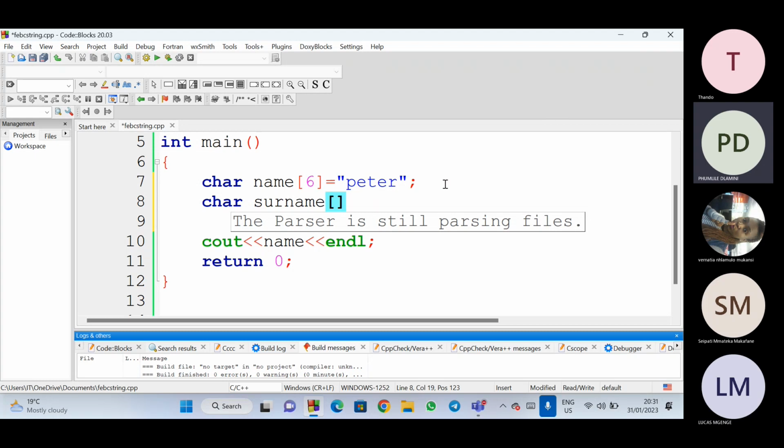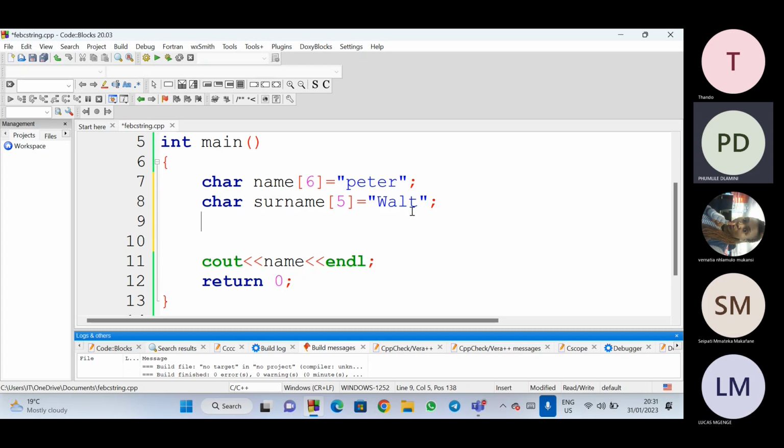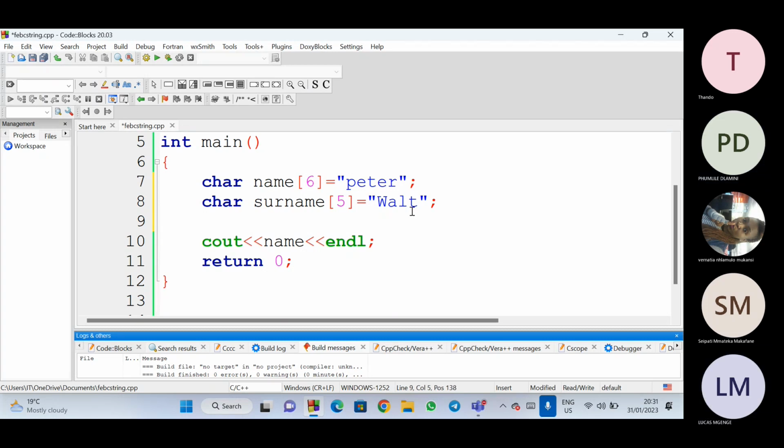Then for this one, Chasani, we're going to say maybe 5, then I'm going to write Vald. If I want to combine these two C strings, I can use a function